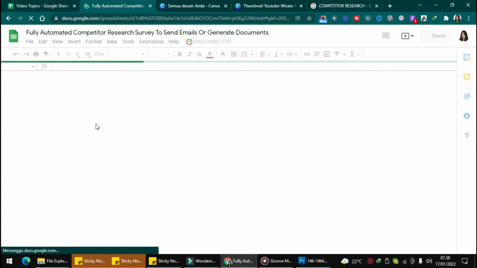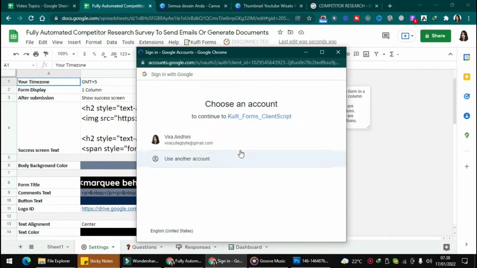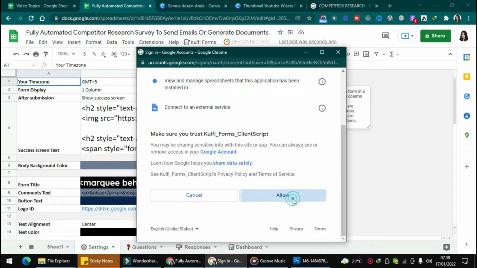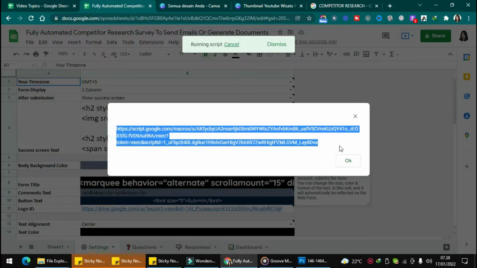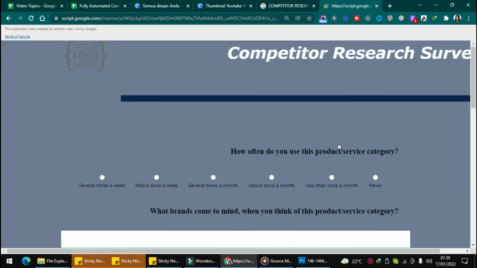And then you can refresh the page like this and click Coffee Form and get link. Then click continue and choose your account like this. Then just click advanced and go to Coffee Form. You just need to follow the steps like this, wait for a second, and you will get a link like this. Just copy it all and paste it in your search engine like this,